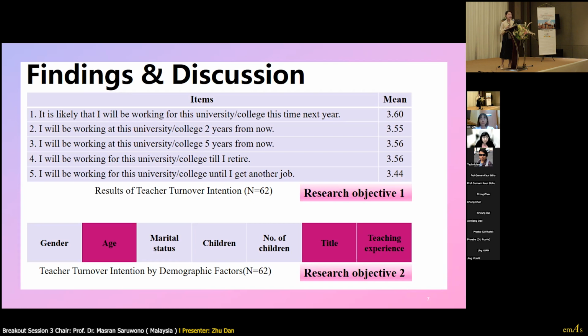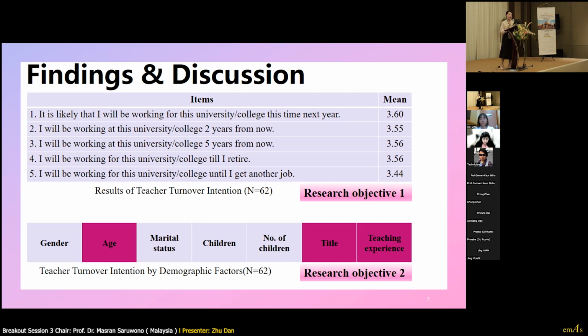This means that teachers have a relatively high turnover intention, as we use a 5-point Likert scale questionnaire, and this value is quite high. The lowest score is item 5, which is 3.44, which means that more than half of the teachers have the intention to leave until they get another job.